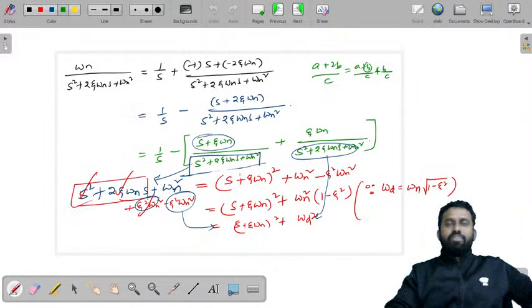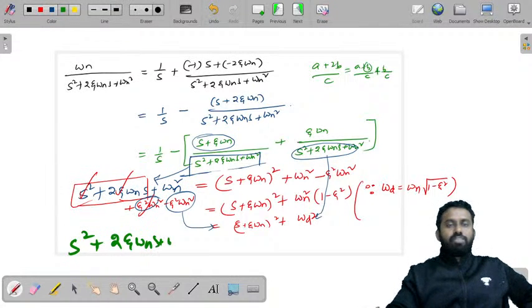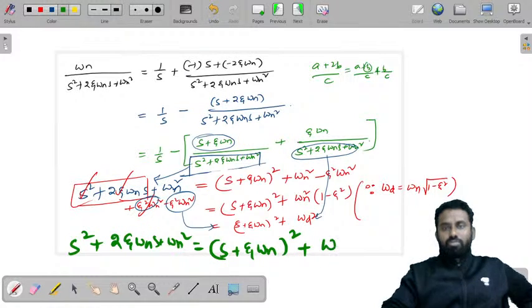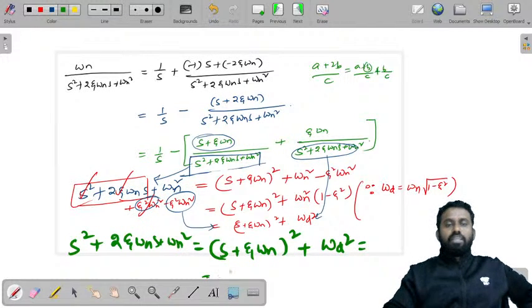I have just tried to split this first because it is s plus zeta omega n. I wrote it as s plus zeta omega n, 2 zeta omega n, s plus zeta omega n, and plus zeta omega n by this term. I want to write this term. Just be careful here. S square plus 2 zeta omega n s plus omega n square can be written as s plus zeta omega n whole square plus omega d square,